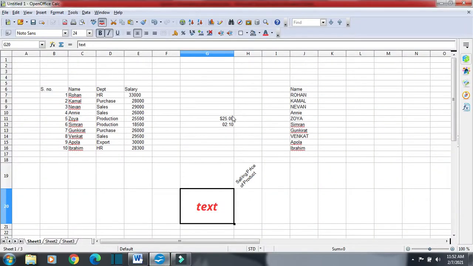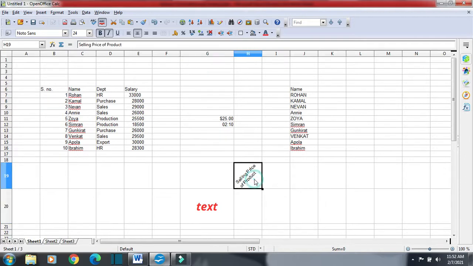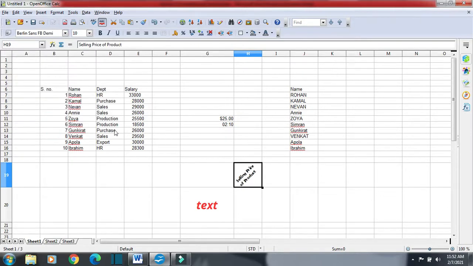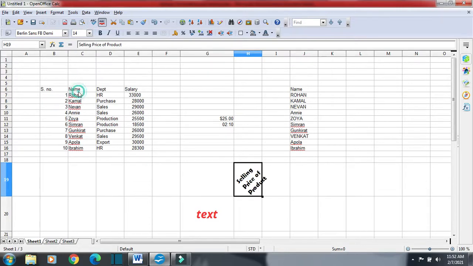Okay, so we have taken this text. We are going to change the font type. For font type, we will go here, font name, and from Arial, suppose I am going for Berlin Sans FB Demi. You can see we have changed the font type. Font size we can change from here also. You can see the font size.